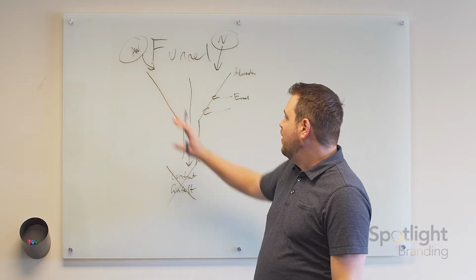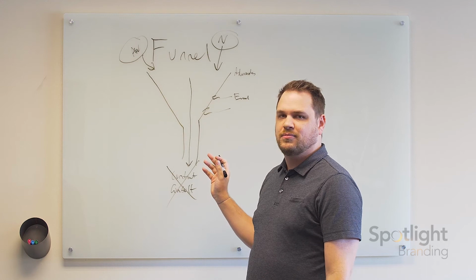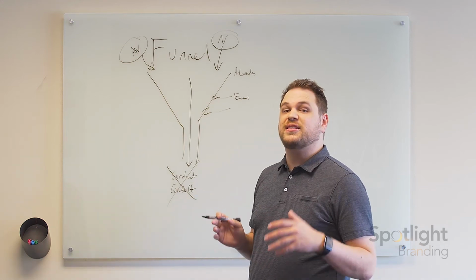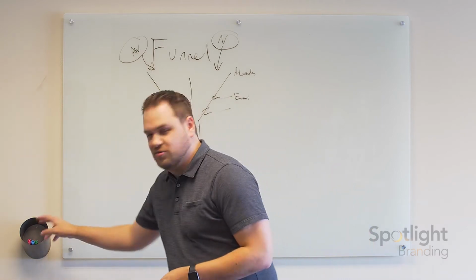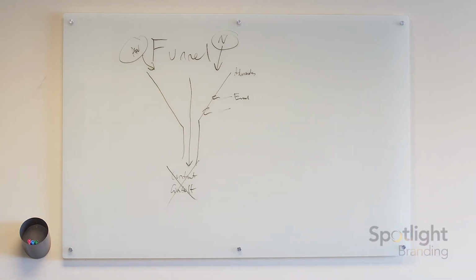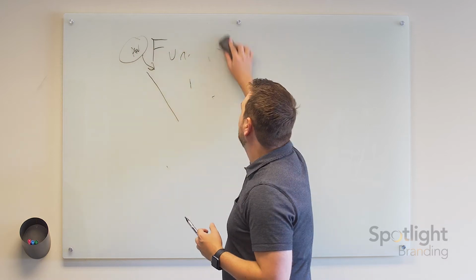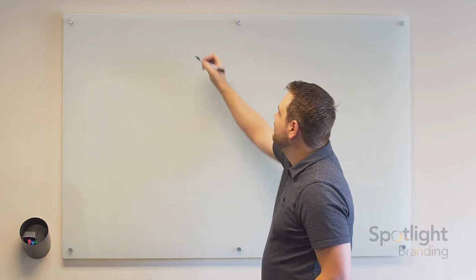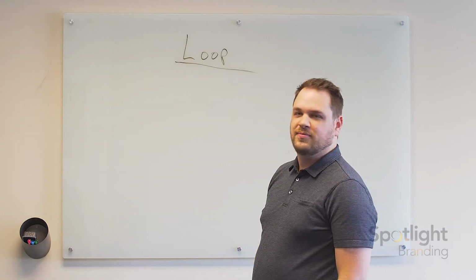Okay, so that's the problem with funnels. They have their place. I'm not saying this is a bad thing and your business can't have this, okay? But the problem with them as the go-to marketing tool is that funnels end. Okay, so what are we gonna do differently? All right, got my eraser. So what are we gonna do differently? We're going to talk about creating a content loop, okay, instead of a marketing funnel. Loops instead of funnels, okay?